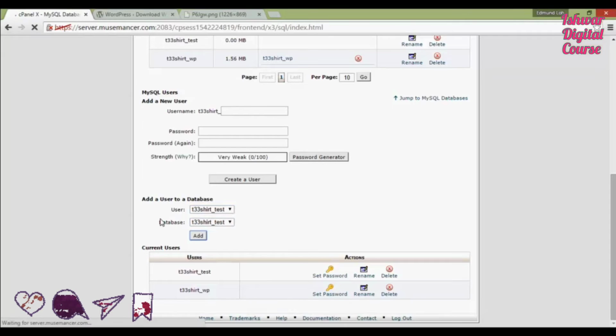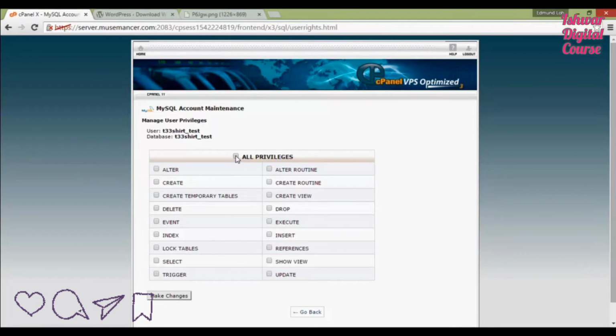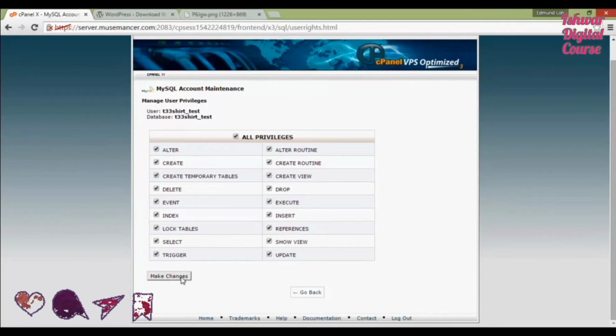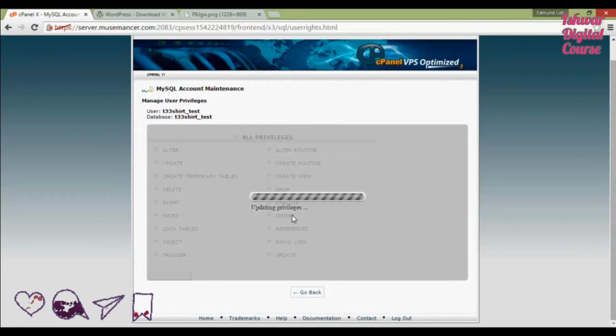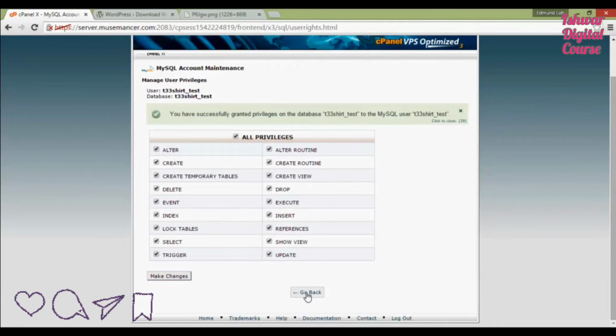The next thing that you need to do is add a user to the database. Make sure that the user corresponds with the right database if you have more than one user. Next, click add. And then on this page, click all privileges, click make changes, and you are done. Please take note of your database's name and username,